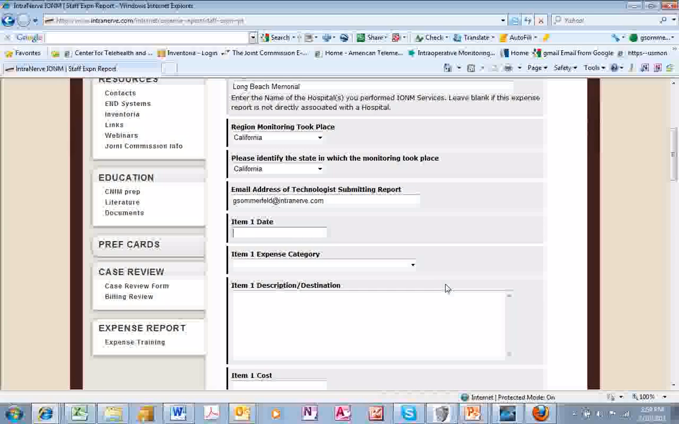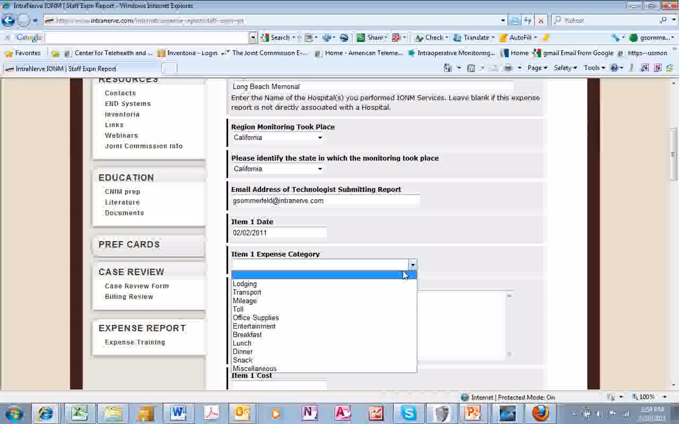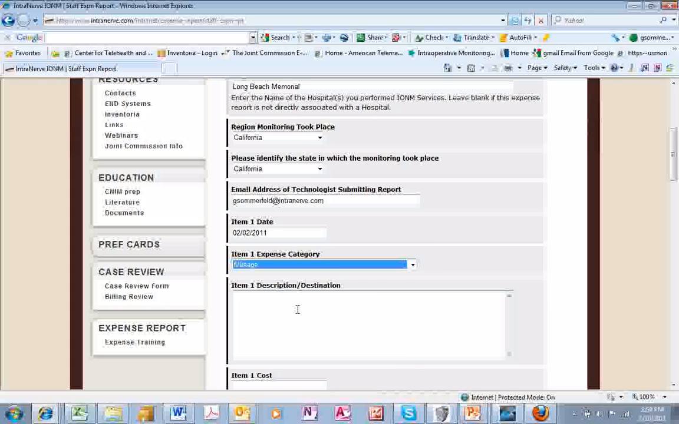And then you're simply going to put in the date. For purposes, I'm going to say that this expense took place on February 2nd, 2011. Let's say that I drove to the hospital from the airport, and let's say that that was 30 miles. So I'm going to put it down as mileage, and I'm going to say there's 30 miles traveled,